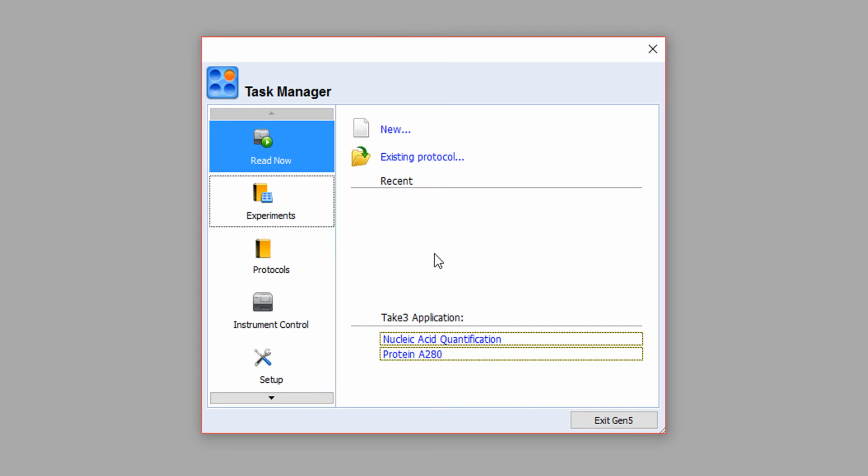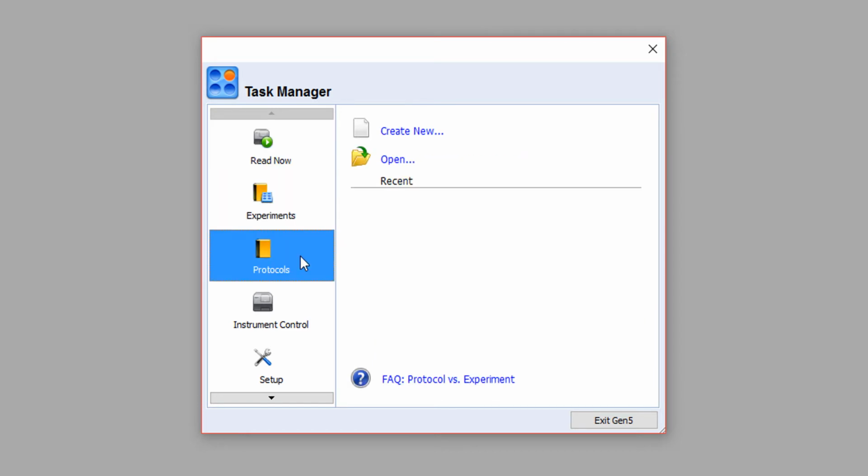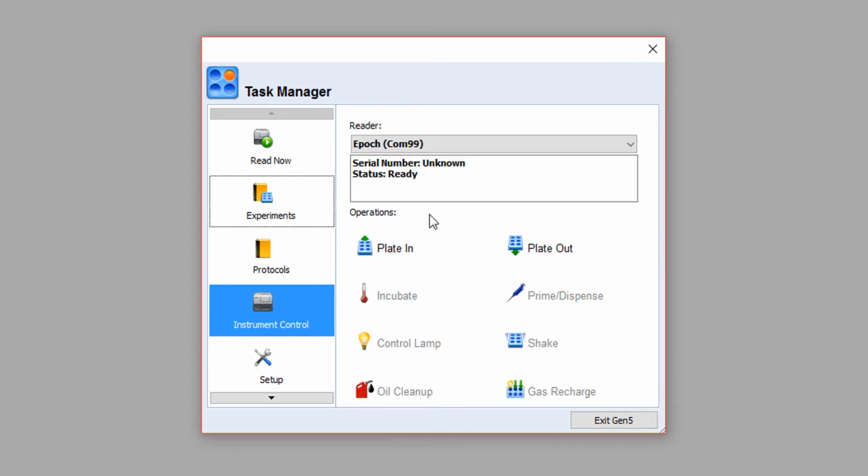The Task Manager provides quick links to give you instant access to executing a new read, opening and creating new experiments and protocols, as well as viewing the most recently used experiments and protocols. We provide instrument control over functions such as plate in and plate out, incubate, prime and dispense, lamp control, shake,